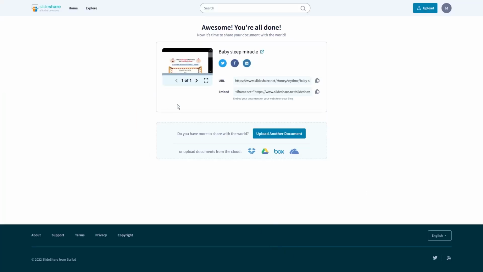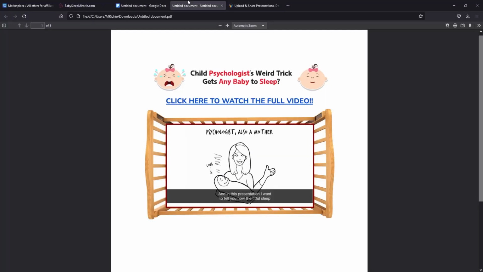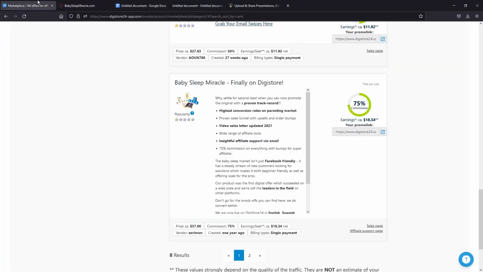Share as many documents and products as you can to get more income. It now depends on you and how you will leverage this strategy. But we have given you all the needs and knowledge you need to get you started.